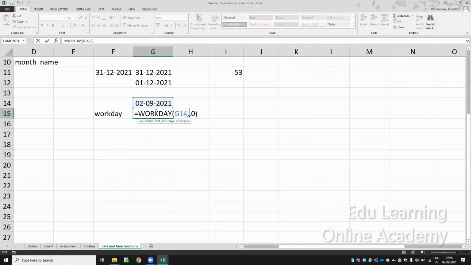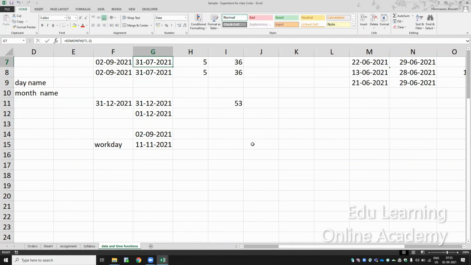Suppose I specify 50 days, 50 working days from today. So 50 working days will be 11/11/2021, which is in November. Team, are you clear with this workday function? First, if you select any date and give the number of days, then by removing the Saturdays and Sundays, it will calculate those many work days. So we have discussed workday, weekday,